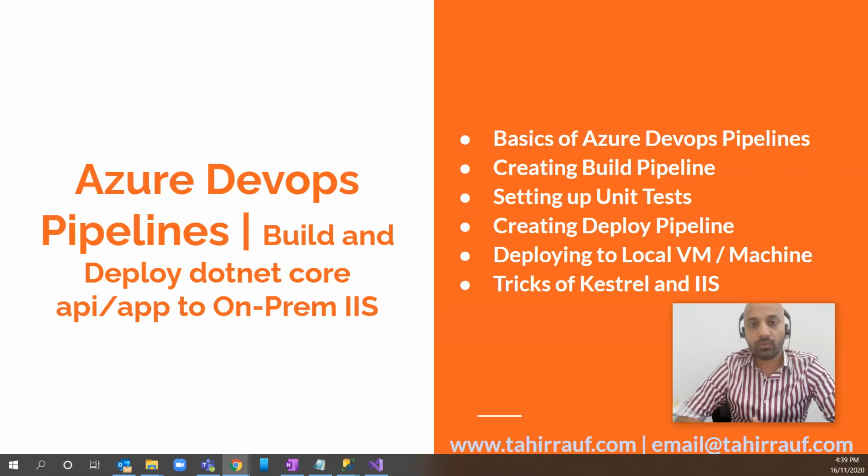Hi everyone. So today we're going to have a look at the Azure DevOps pipelines, and we're going to see how we can use DevOps pipelines to build and deploy our application onto an on-premises VM. It can be an on-premises server running in your data center. It can be a VM running in any cloud like AWS or any other cloud, or it can even be